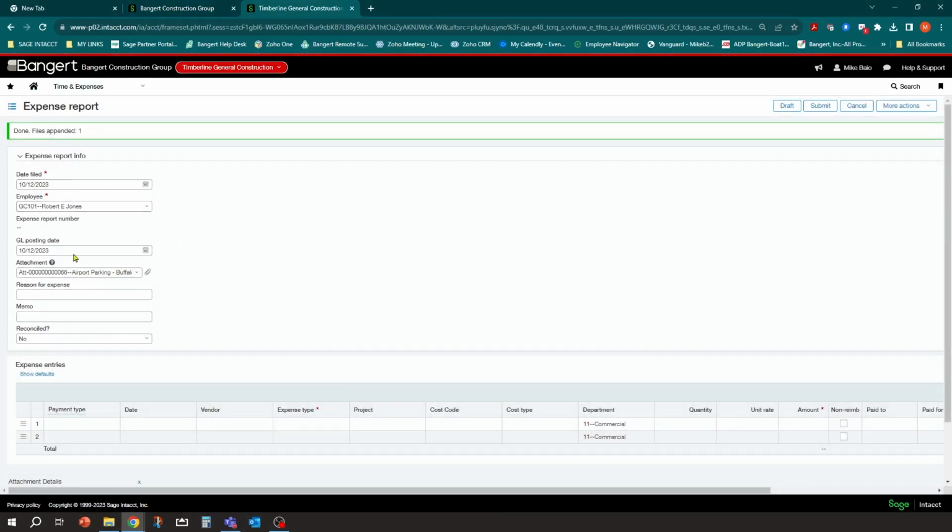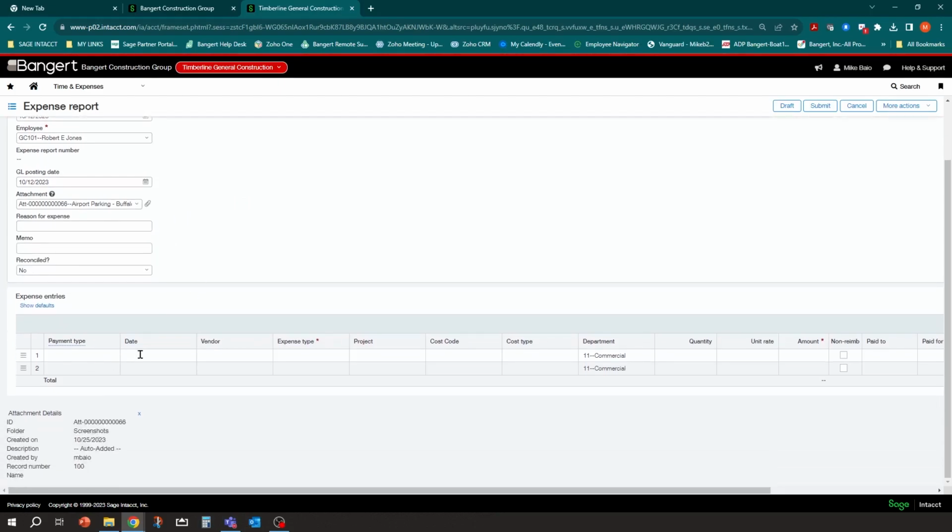So depending on what you fill on top is up to you. I haven't been filling out anything because what I have down below is enough. So one of the important fields is payment type. And any of these fields can be required with Smart Rule. So look for our videos on Smart Rule setup, and you can have a Smart Rule that you can set up so that payment type cannot be blank. I do believe this is a required field anyways. It's going to yell at you if you don't have one filled in, but just in case, any of these fields that you want to make sure are filled out, you can set up a Smart Rule for.